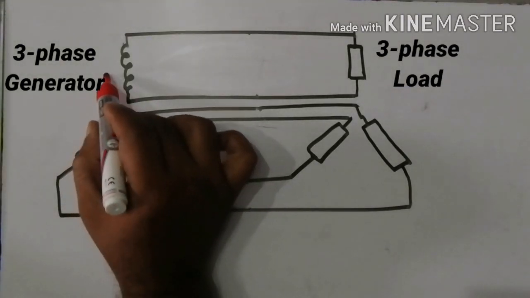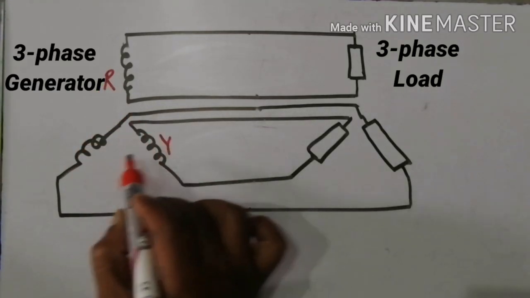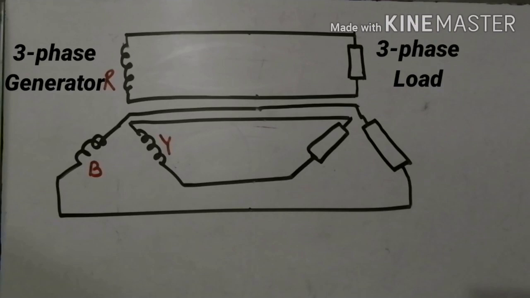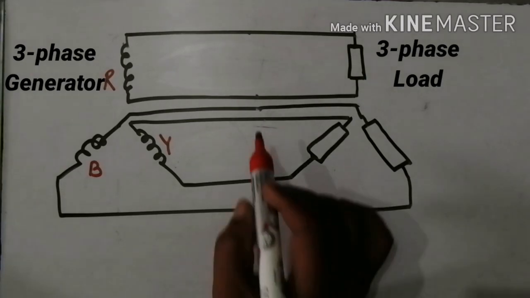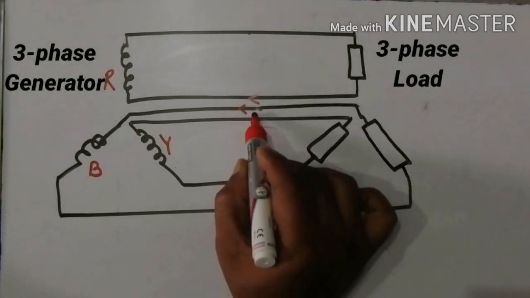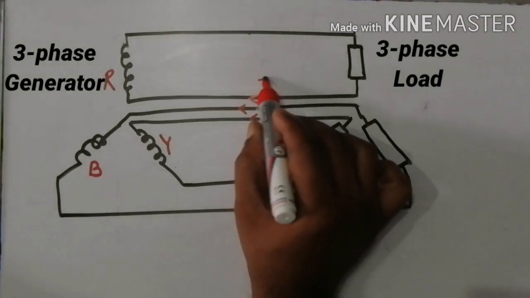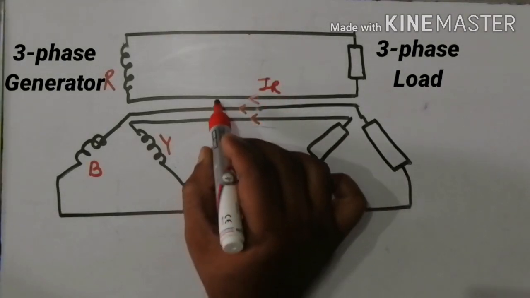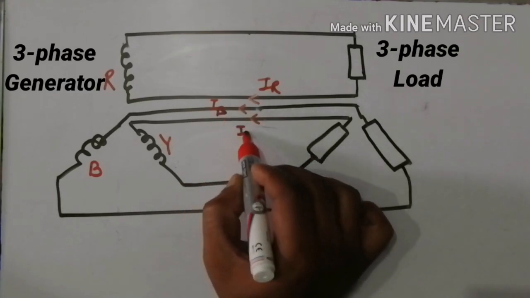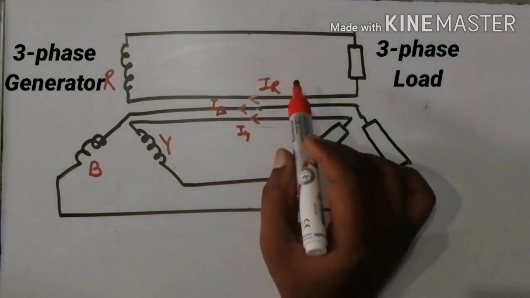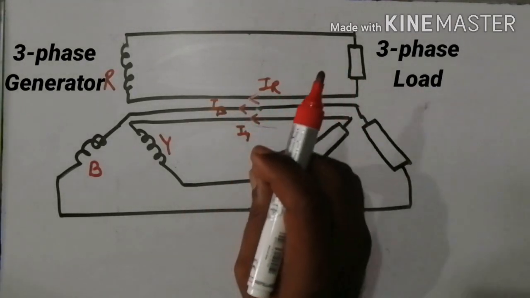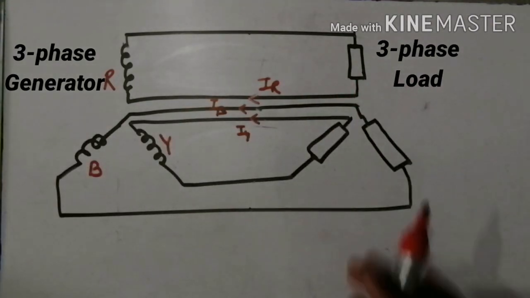These are known as the R, Y, B. These are the 3 phases. Now see the diagram very carefully. These are known as the returning conductors. This one for the IR, this one for the IY, and this one for the IB. These are the 3 returning conductors. Can we combine all 3? Now we can combine all 3 return conductors together to form a single conductor, right?